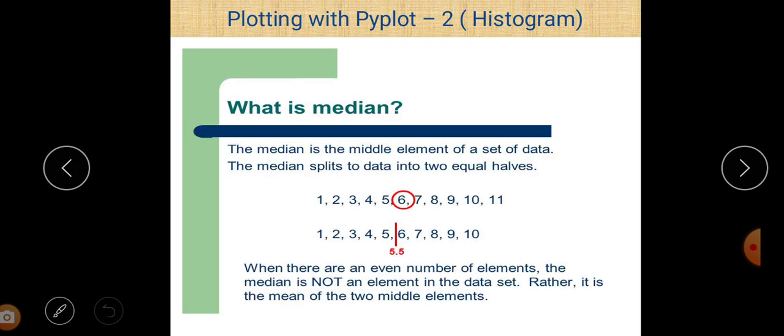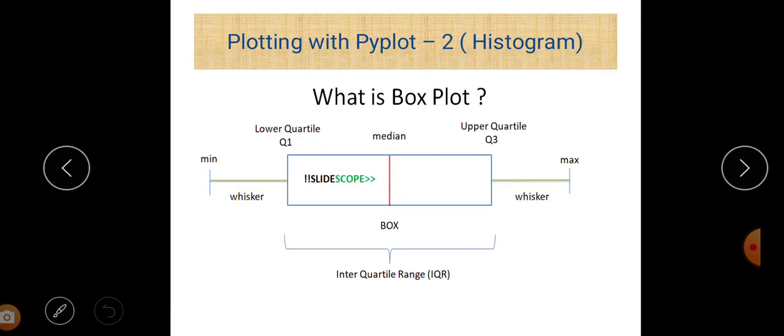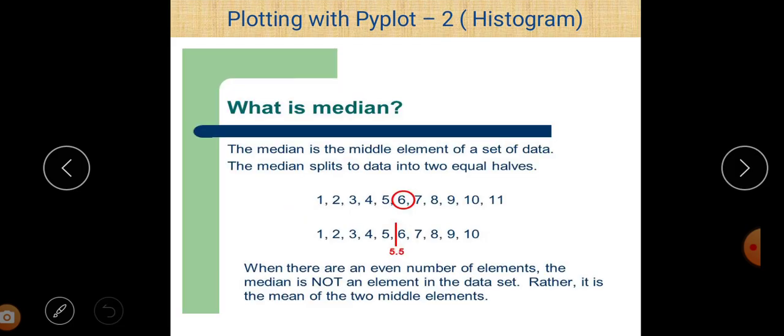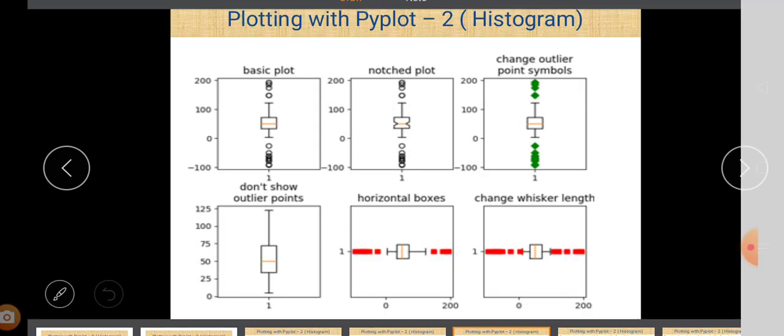And what is the whisker length here? You can see in the diagram, this is the distance between the maximum range and the box plot whisker on both sides. So we change the whisker length here.